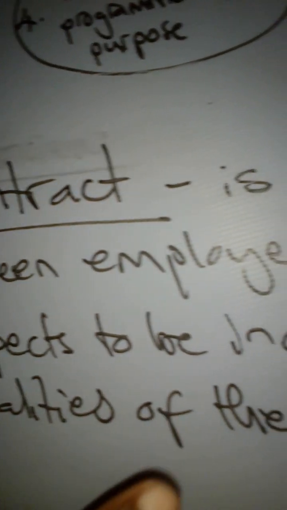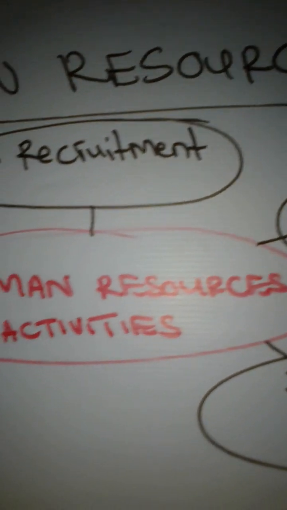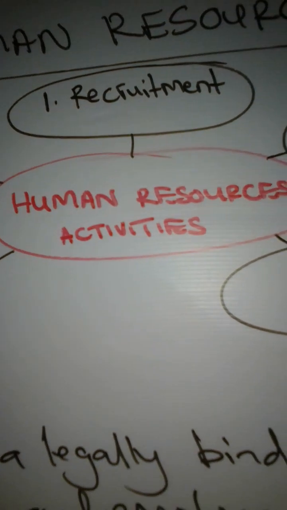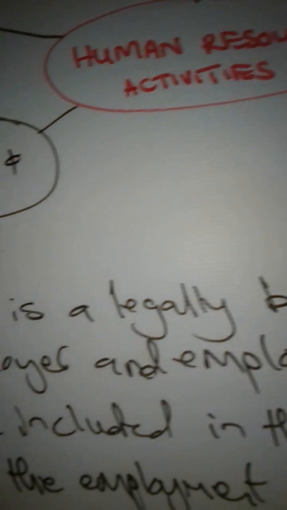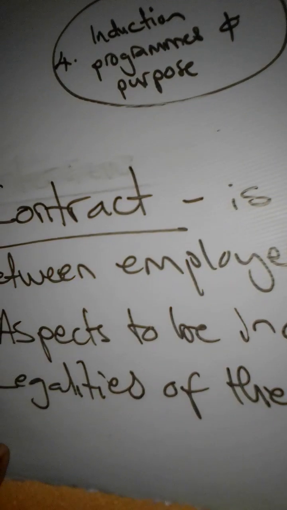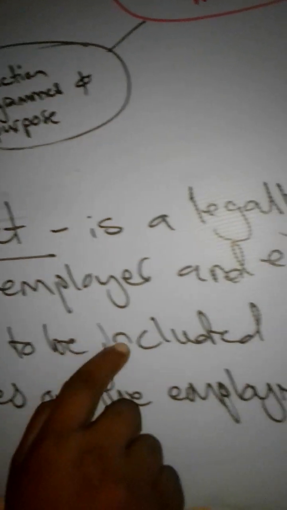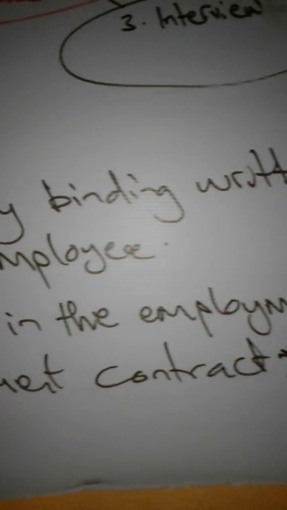Of course, remember, whatever is going to be done by the human resource function, they are supposed to comply with the acts, the acts that you have already looked at. When you were beginning your grade 12, you looked at the Employment Equity Act, the Basic Conditions of Employment Act, the Skills Development Act, the Labour Relations Act. So whatever is going to be contained in this contract should be in alignment with the information in those acts. So we're also going to look at the legalities of the employment contract. But as for now, let's look at the aspects to be included in the employment contract.